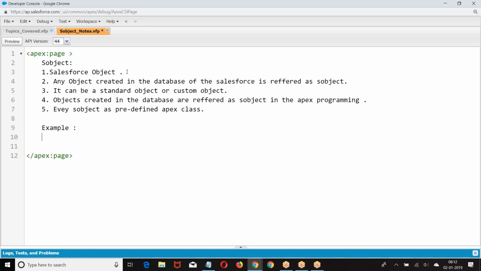Now we have an object. Now if we say account, what are the fields we have in account? Name, phone, rating. Okay. So in the Salesforce, for this class,